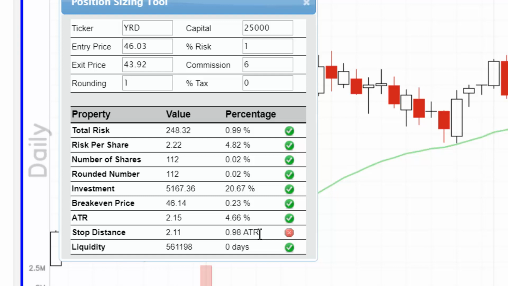So placing your stop loss at minimum 2 or 3 times the average true range measurement reduces the chance of being unnecessarily stopped out due to normal price behavior. The average true range in this case for the ticker YRD is $2.15. So that is a normal price fluctuation. If my stop loss is less than one average true range, the chance of being stopped out is very likely. So I will reduce my stop loss